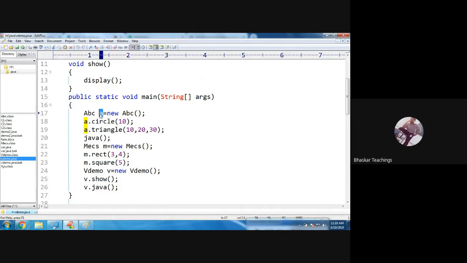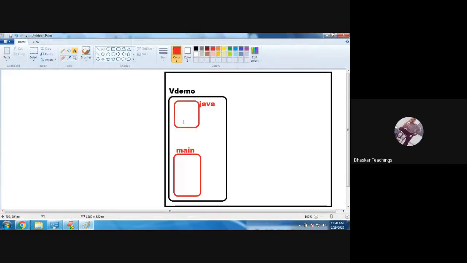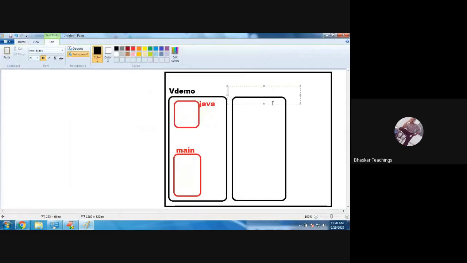Okay, so listen carefully from now onwards. The main method is here. The execution starts from the main method only. Then what is the first line? It is an object creation, and it is an object of class ABC. So I told you, when the class name encounters the JVM, whenever any class name is encountered, the class area will be created and the static members will be loaded. So let us say this is the class area of ABC. So the ABC class area is created.